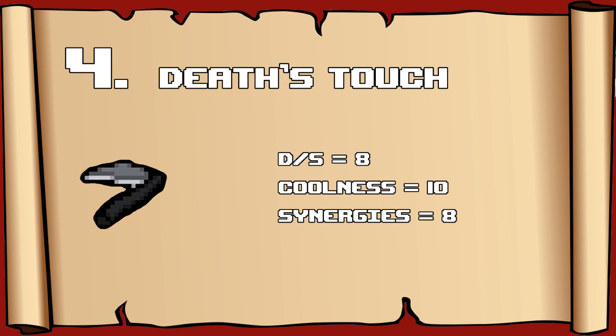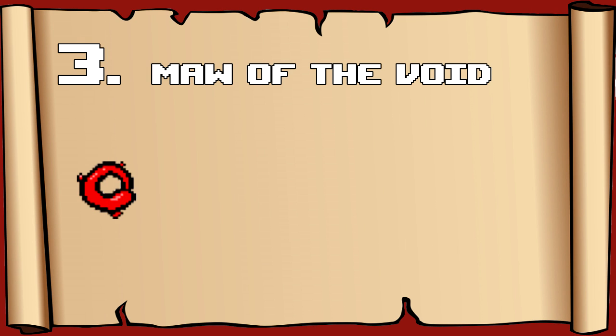When you pick up the item, you're going to get a 1.5 times damage multiplier, and just shooting scythes out of your eyes is sick. That's really all that needs to be said about Death's Touch, coming in at number 4 on our Deal with the Devil top 10. Coming in at number 3 is what I think is the new item that has to